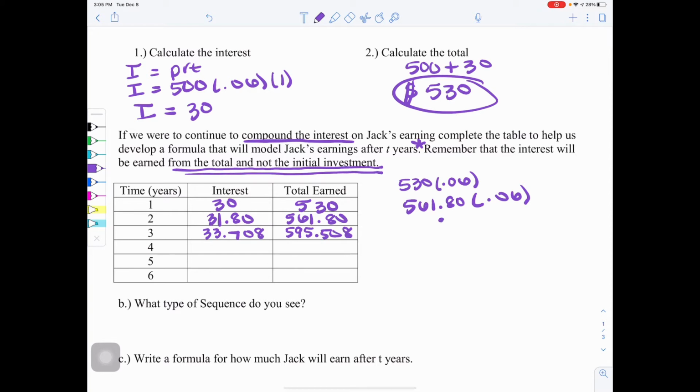Then if I were to continue in this pattern, I won't make you write that all down, but you would then have 35.73048, which would give you a total of 631.23848. Then if we did it again, we would have 37.8743088 for a total of